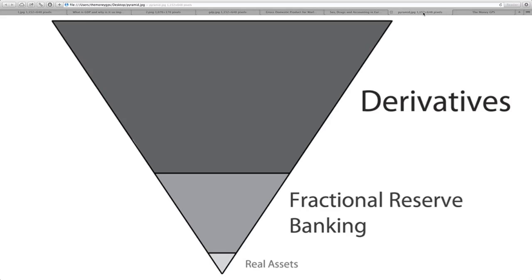So this diagram basically shows you that you have the real assets on the bottom, and on top of that you have fractional reserve banking, a method that the banking industry has used for quite some time in order to make additional profit. Then on top of that you have the derivatives. I'm not going to get deeply into them in this video, but as part of the eCourse, I already have a video on that, so you can check it out. But basically, depending on the calculation, there are up to 25 times more derivatives than the GDP of the world. It can never be bailed out, and that's what you need to understand.